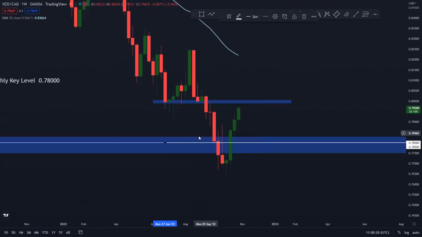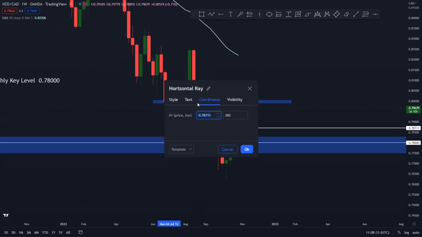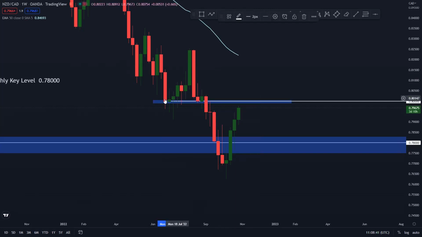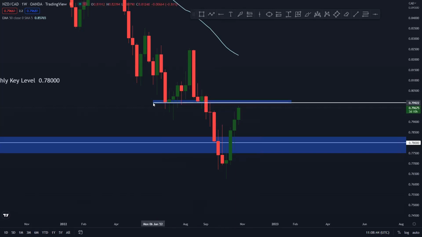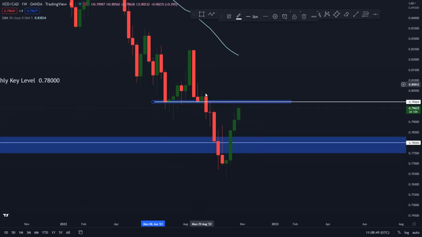$0.78,000. Sorry about that, $0.8,000. Yeah, so you can clearly see the level was previously a support, and then we had a weekly break of the level. And now we're expected to retest the level. A broken support becomes a new resistance. So as soon as I add this bullish engulfing candlestick close right back above the key level,